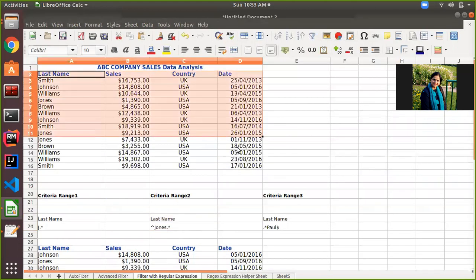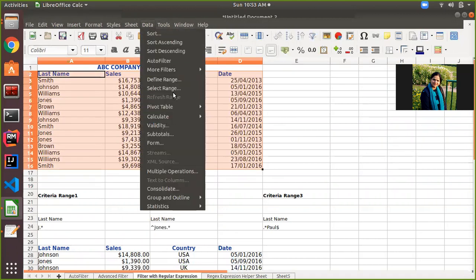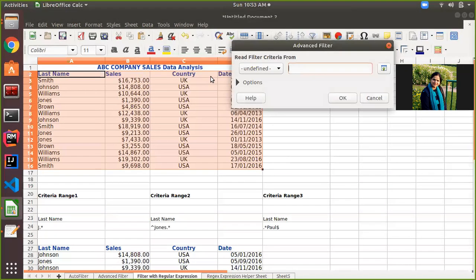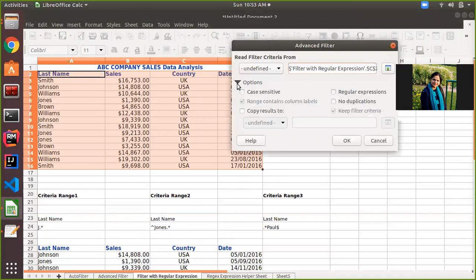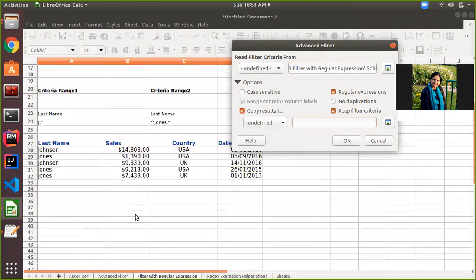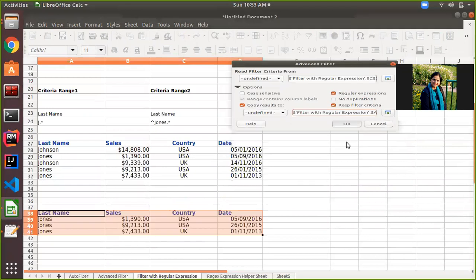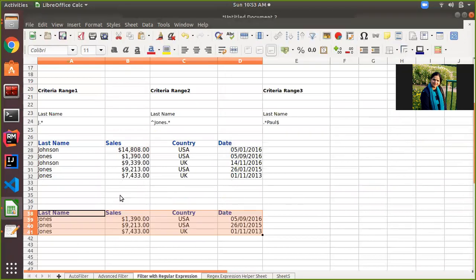So first of all, I need to select the data, then data, more filter, advanced filter, then criteria range, then options, select regular expression, select this checkbox copy result to, where we want to copy the result. We want to copy our result here. Okay, so click on OK. See, it's filtering out those records whose names begin with John.